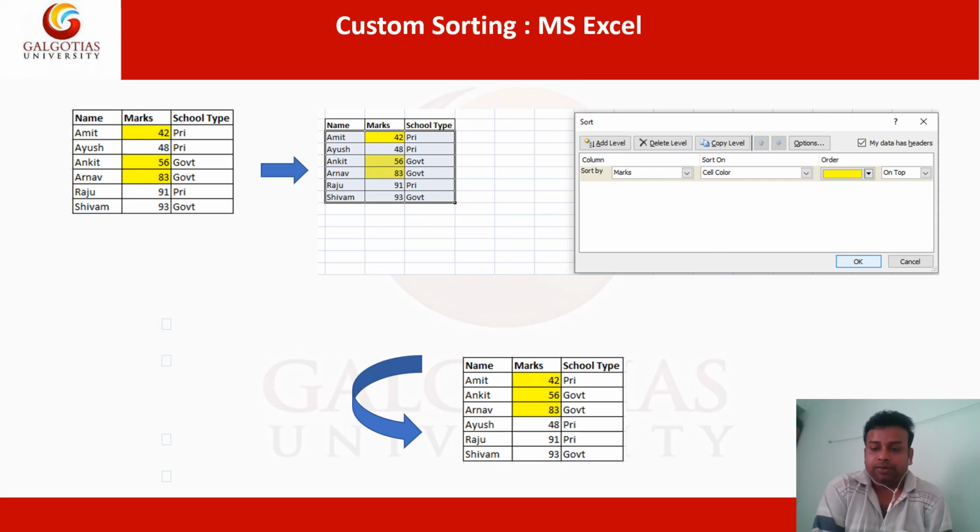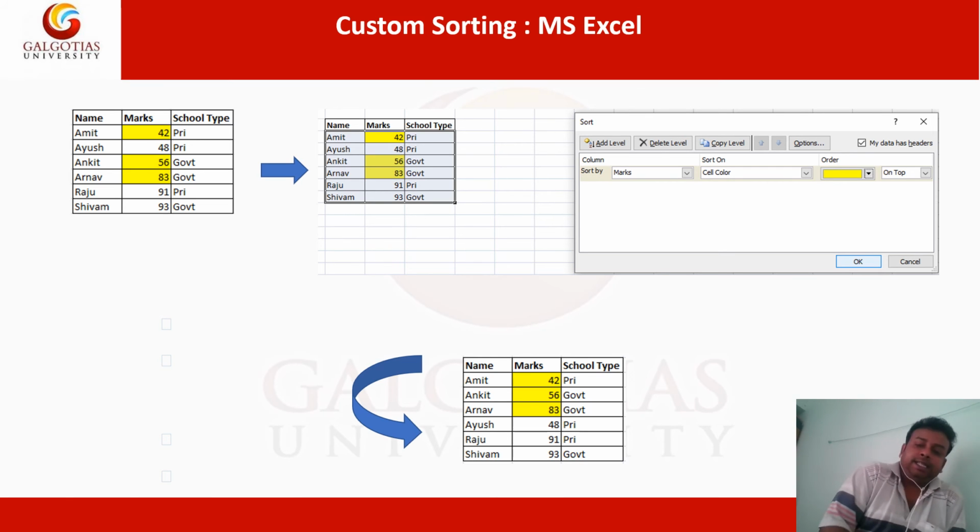So we have to select the custom sort. Then here we select the marks. It will be sorted according to the marks, and the order will be by the yellow color. So the yellow cells will come first, then the blank cells will appear. In this way also you can perform a custom sort.